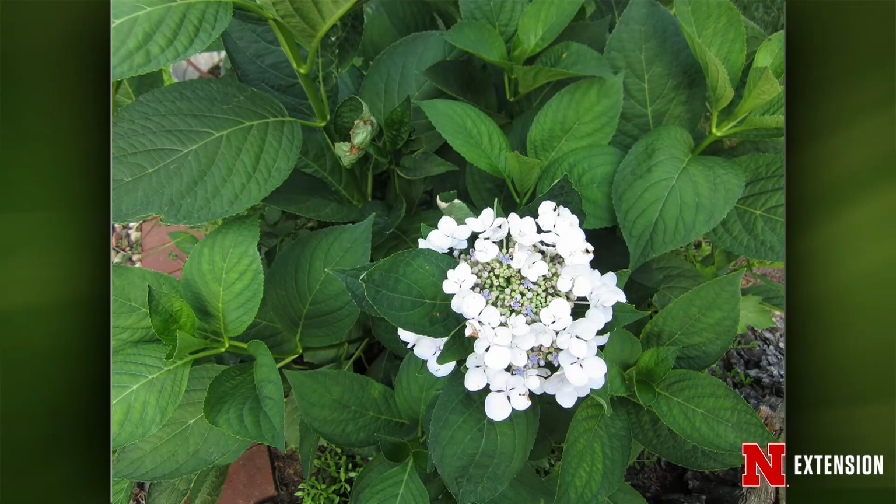All right, Sarah, your pictures here are a viewer from Omaha who planted this plant 12 to 14 years ago. She wants to know what it is. It leaves out. It really has never bloomed except for this year. So what is it? This is a hydrangea, and one of the big leaf hydrangeas, which are not particularly hardy